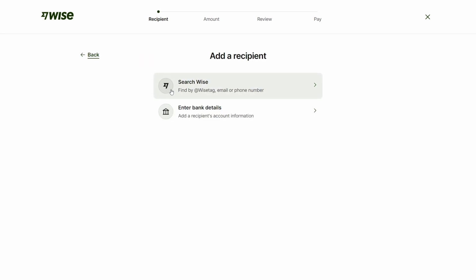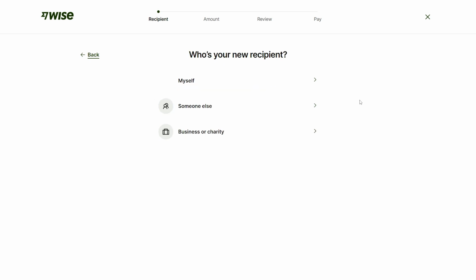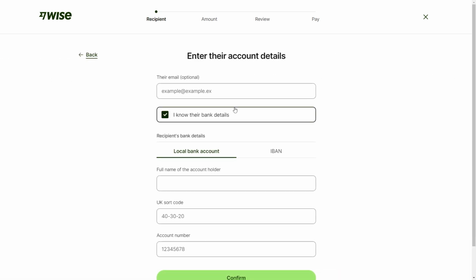From there, we have two options. We can either search for a Wise tag, email or phone number, or we can enter bank details. And since we're trying to withdraw money from Wise to our bank account, we're going to select this option, and that's where we can enter in our own bank details. So if it's your first time doing this, you might not have this myself option at the top, but if you do, you can actually select this and you'll be able to send to your own bank account. But if you don't have that option, you can go ahead and click someone else,